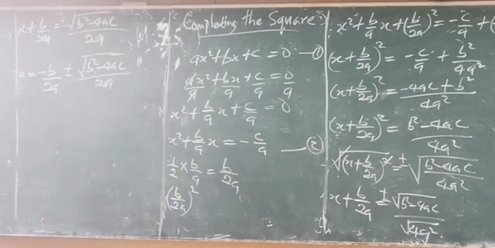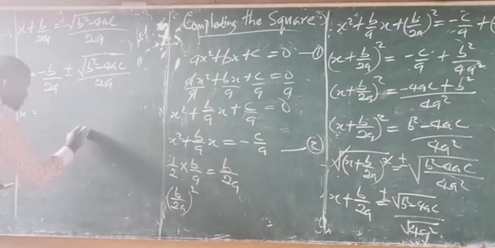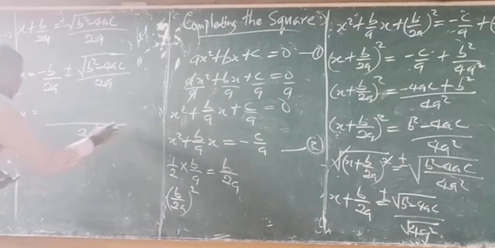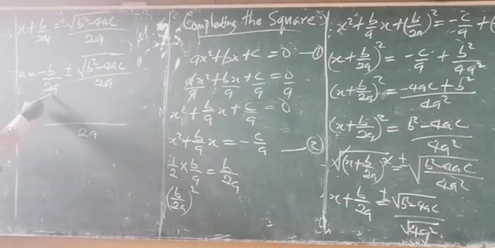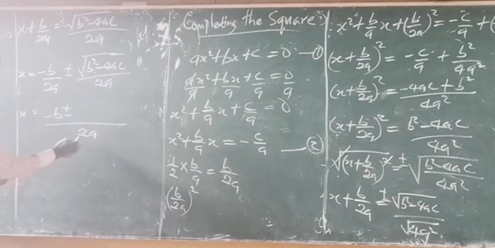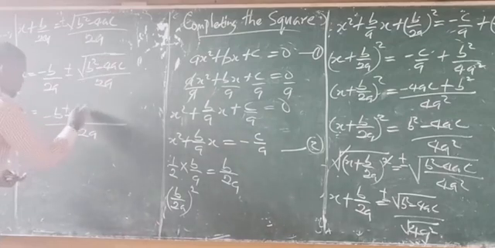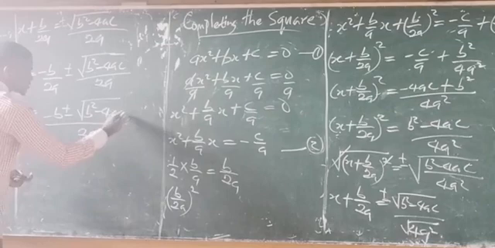Okay, so x is equal to, you take the LCM between the two. The LCM between the two is simply what? 2a. So 2a divided by 2a is 1. 1 times minus b gives us minus b. You bring down your plus or minus. Okay, 2a divided by 2a is 1. 1 times this square root becomes this square root. So you have square root of b squared minus 4a